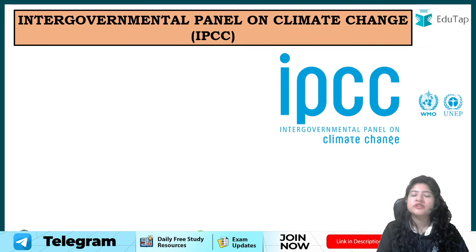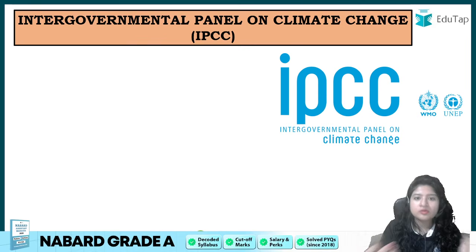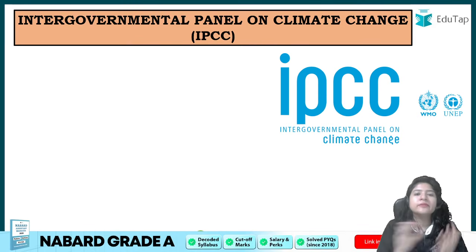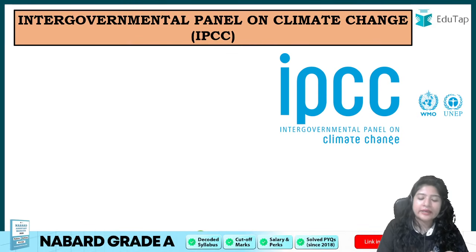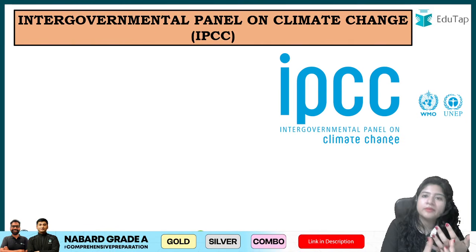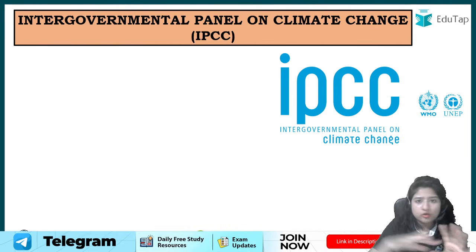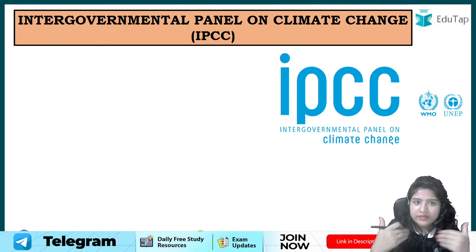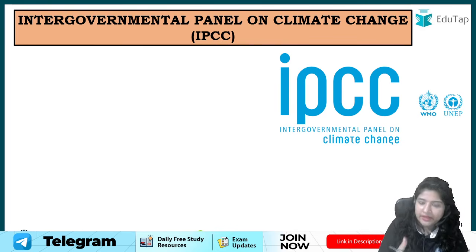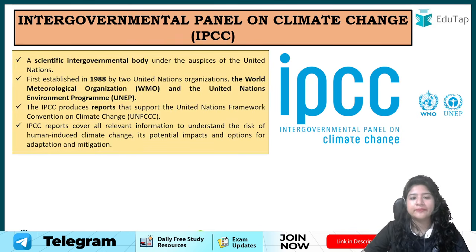अब whatever conventions, protocols, those have been signed, right? There has to be some body that would check what are the progress that is happening, right? Whatever be the international treaties have been signed, there has to be a body, there has to be some group of people who would keep a check on that, who would keep an eye on that, or even if they don't control it but they are providing with the data that how much improvement is actually happening, right? So for that reason this independent panel was set up, इंटरनेशनल पैनल ऑन क्लाइमेट चेंज, ठीक है.